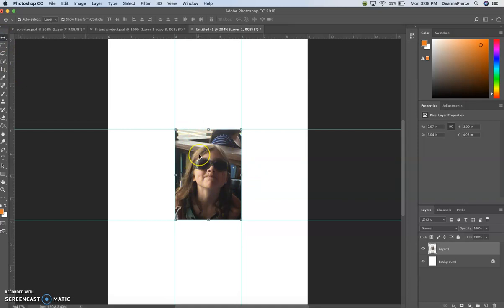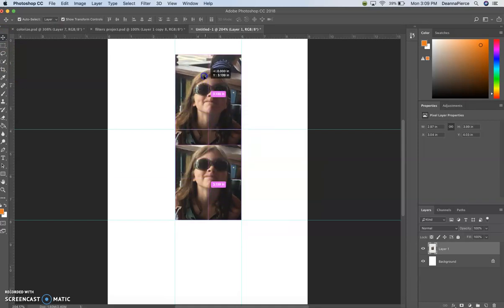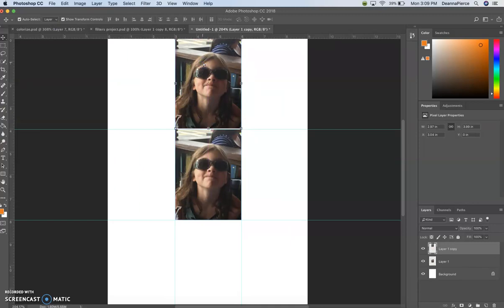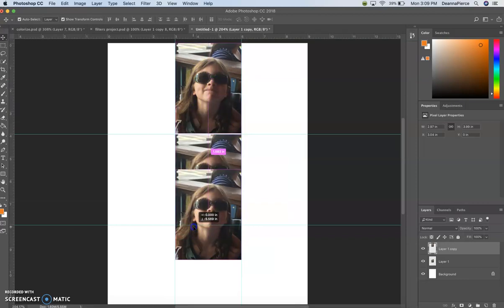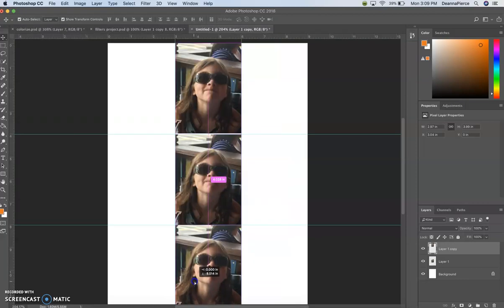I'm going to hold down that Option key to duplicate, click and drag. If you have a little white space, don't worry about it. And then I'm going to click down, drag again. Now to click all 3,